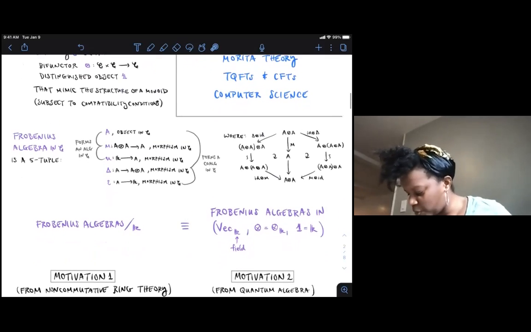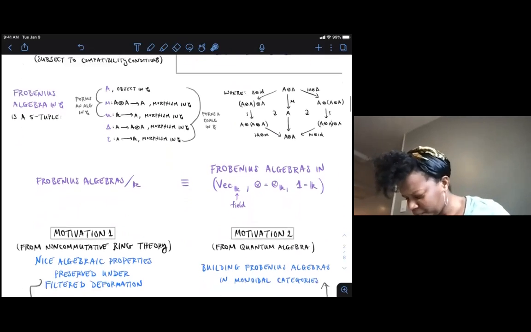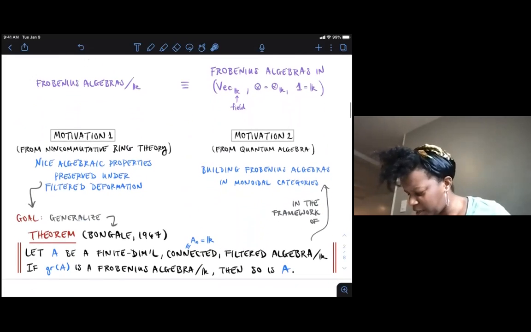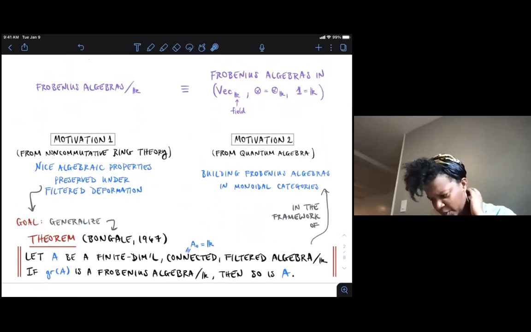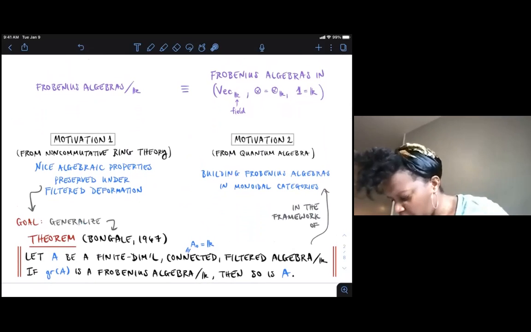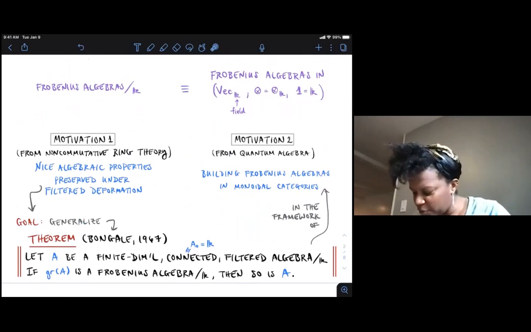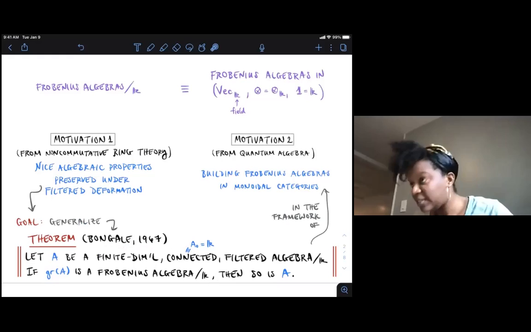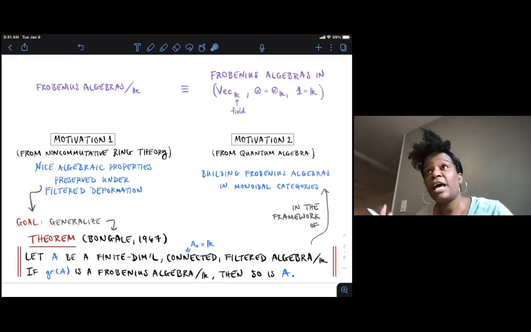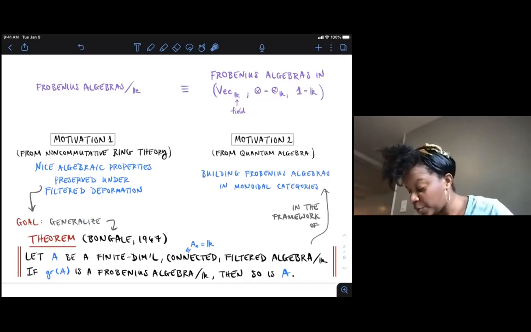Okay, so those are my two motivations coming from ring theory and quantum algebra. And what do I want to do to blend the two? What I'm interested in is generalizing a result from Bongali from 1967 that says that being Frobenius can be preserved under filtered deformation. So let's take an algebra A